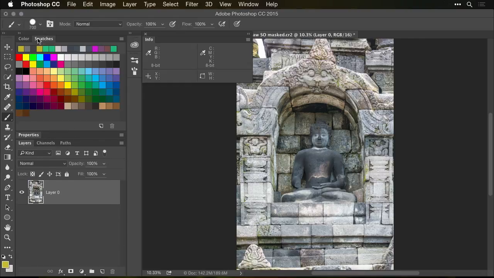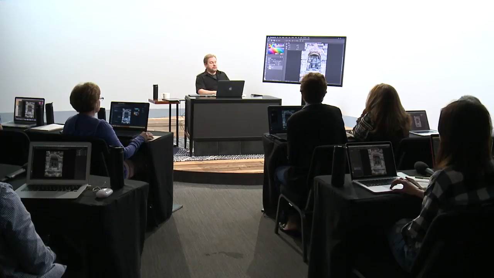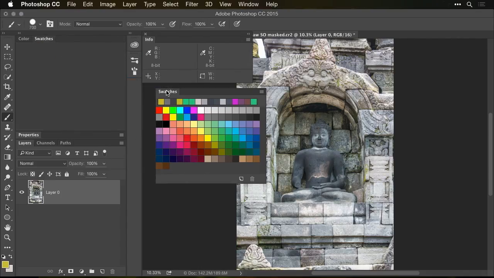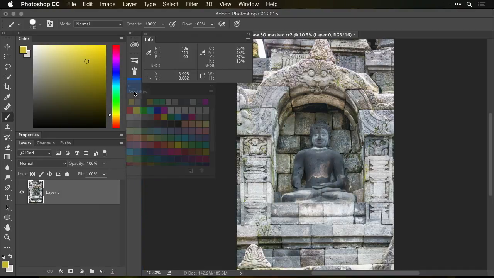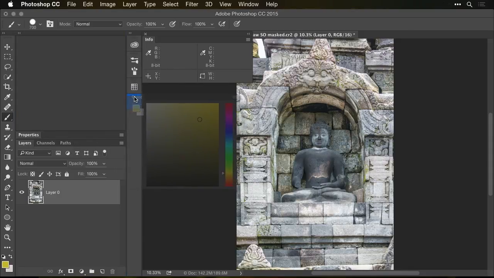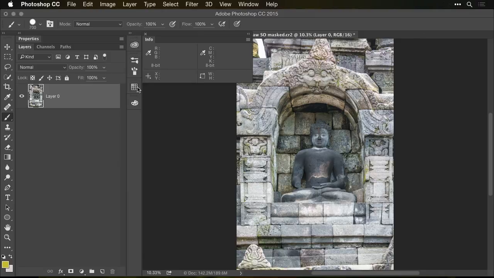Now with these little panels, like the color panel and the swatches panel, they're usually things that I only need to use for a few seconds, and then I don't need to look at them again. So what I usually do with those is I will drag them out here by clicking on their name, drag it to the middle part of my screen, and then do you see this little bar I have here, a vertical bar? I'm going to store them in there. I'm just going to bring it over until a little blue line appears in there to indicate it's about to put it there. I'll do the same thing with the color one,